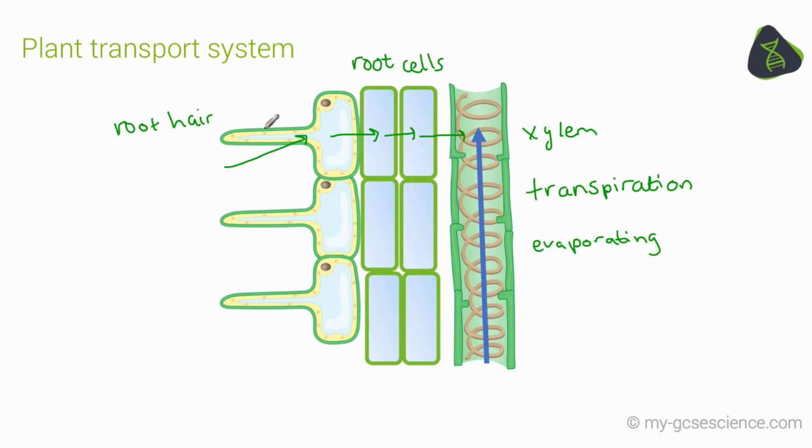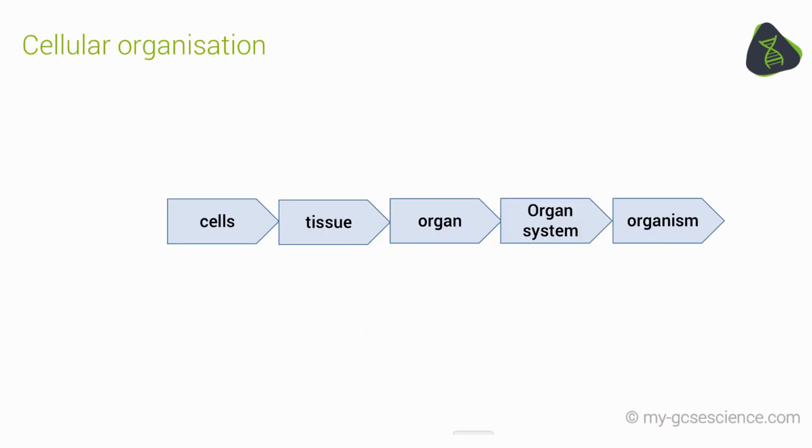So as you can see here, you have a root hair cell, which is a specialised plant cell, working in conjunction with just bog standard root cells, as well as the xylem vessel to transport water and minerals upwards through a plant. So the final part of this video, I want to cover the cellular organisation that you will find in multicellular organisms, where you have cells that work together to form a tissue, that work together to form an organ, several organs that work together create an organ system, and when you've got several organ systems working together, you